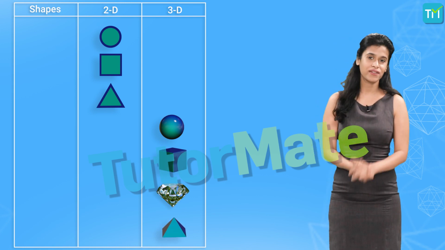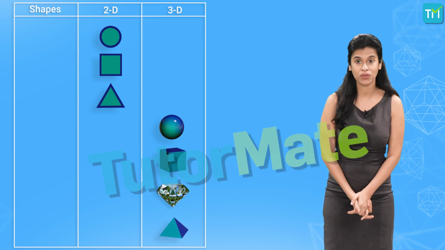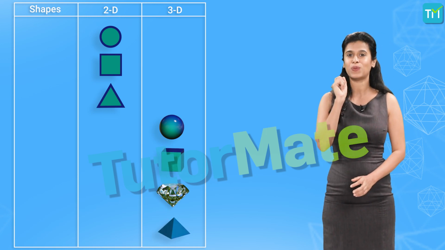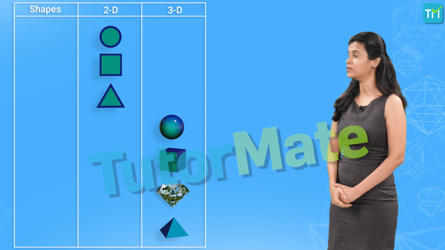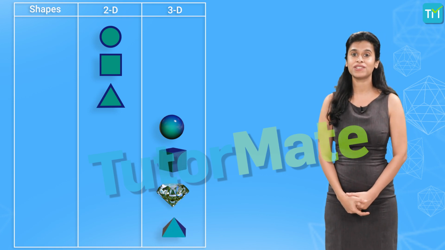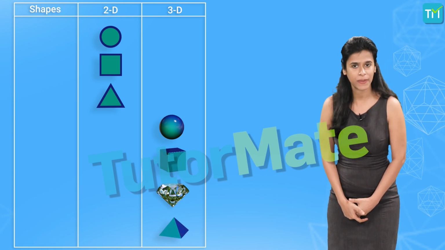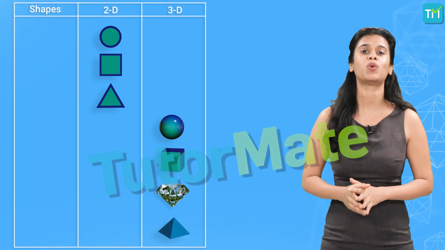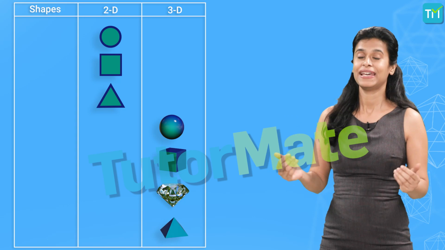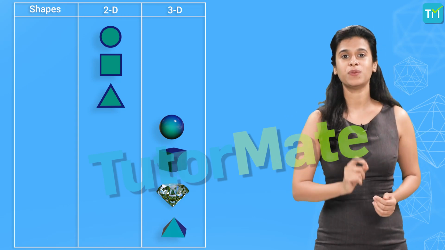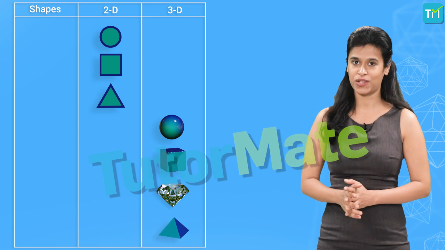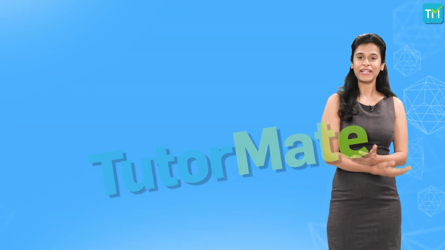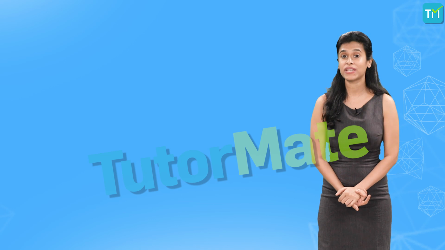Now you might be wondering why I am showing you all these shapes in the first place. Well, did you realize while dropping them into different columns, we were identifying shapes based on how they appeared? So we visualized a certain shape and then decided what it was and where it belonged. And this is exactly what we are going to do in this video. Visualization of solid shapes.